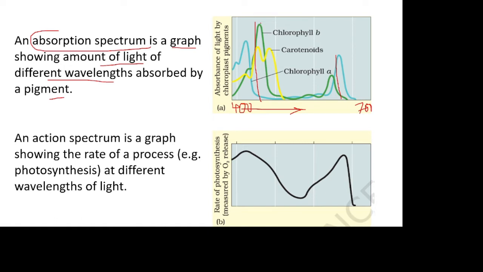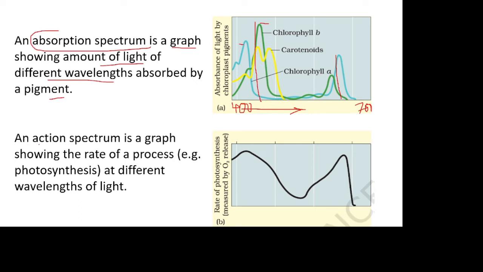So their peaks are obtained, like chlorophyll A. You will find the peak here, and chlorophyll B slightly towards 700 or towards 500 nm. Carotenoids act both at 400 as well as 500 nm, because if chlorophyll is not working or the intensity of light is very less, these carotenoids start acting and they start harvesting the light.